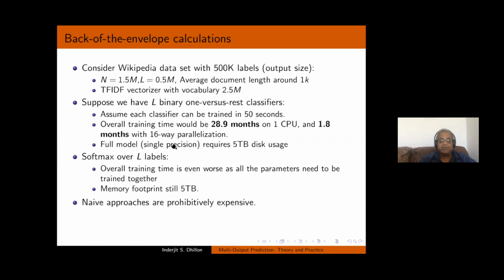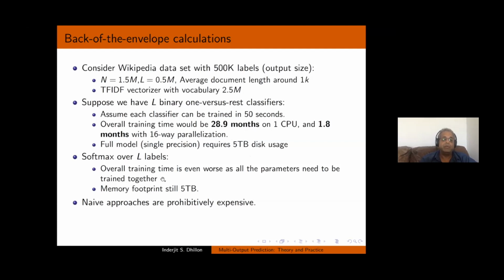And not only is the training time prohibitive, but even the memory requirements are prohibitive, right? Because now we have to store a coefficient vector for each of these 500,000 labels. And so this requires terabytes of disk usage. And now if you were also to take